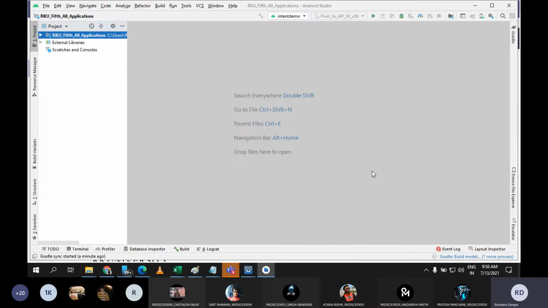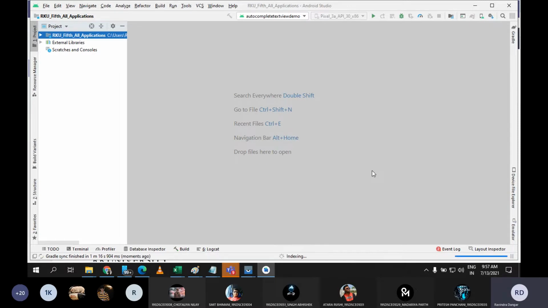It will connect your array with the component, so that all the array items can be displayed in whatever component you are talking about. In this case also we are going to do the same thing. We will create an array in which we will store all the items, and then using array adapter we will set the adapter in the AutoCompleteTextView, so that all the array items can be displayed in it.